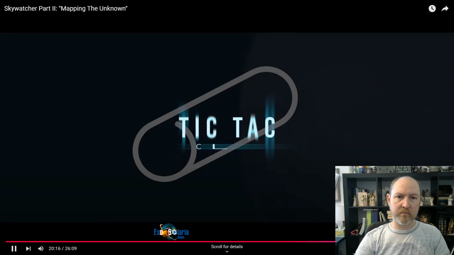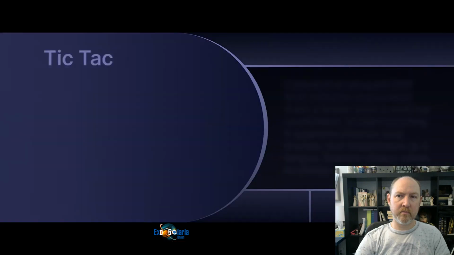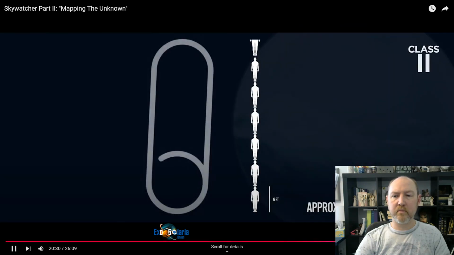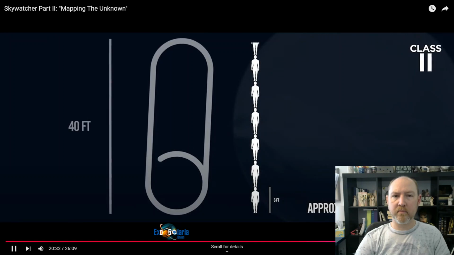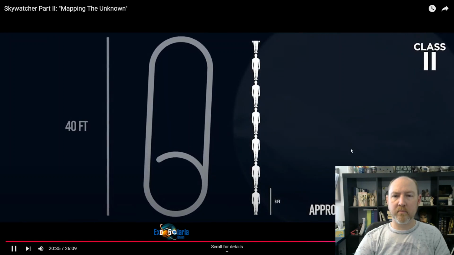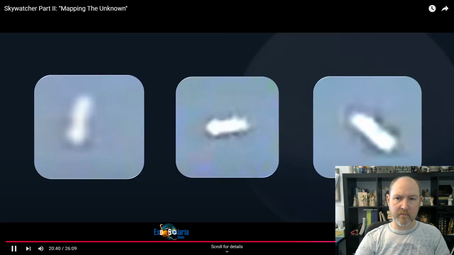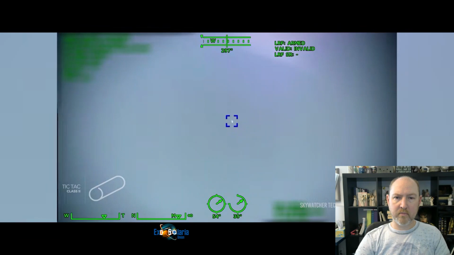The Class 2 is the classic tic-tac. We have had laser rangefinder returns on them to give us distance. And through that method and the optical zoom, we are able to measure. We think they're about 40 feet in length, and they appear to be traveling supersonic and hypersonic. A very interesting thing, which you'll see in the videos, is when we do see them, they're at the edge of our sensor capabilities. You'll see striations around these stills, and sometimes it almost looks like it bends, almost like it's not a solid mass. So when it's spinning, when it comes out of the spin, for a second it looks like part of it, probably a third of it, is bendable and it bends.